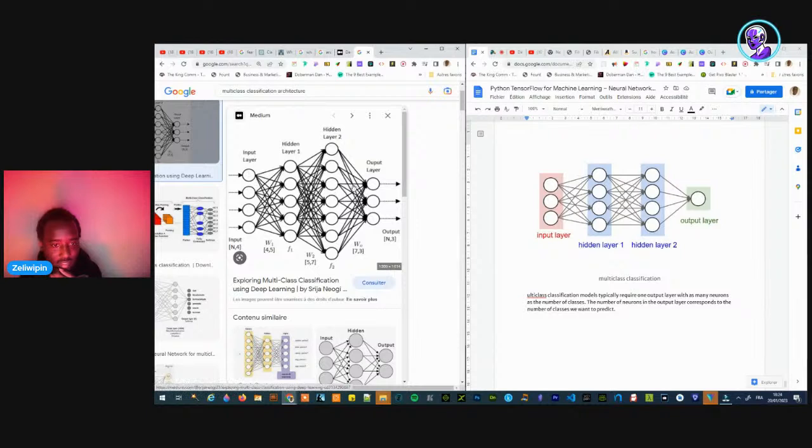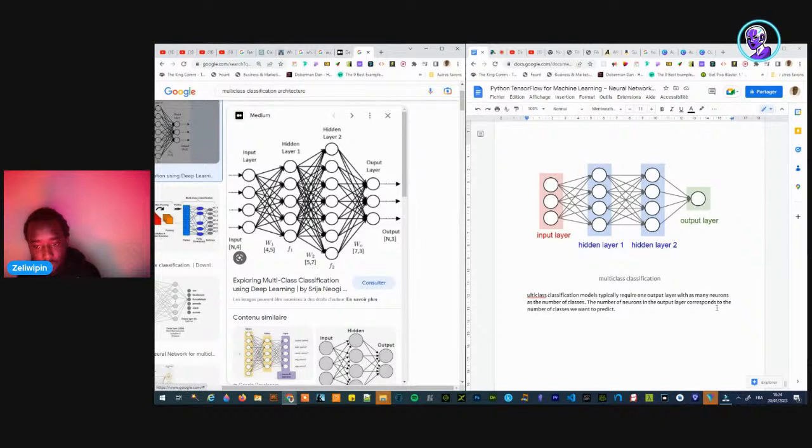So here we can see there are multiple output layers. Here, hidden layers. I don't know why there's not the same number of hidden layers for both. You correct me. I think this is class one, this is class two, etc.